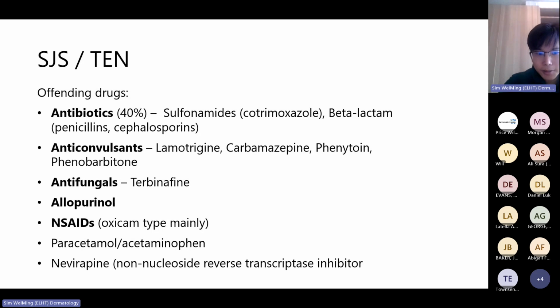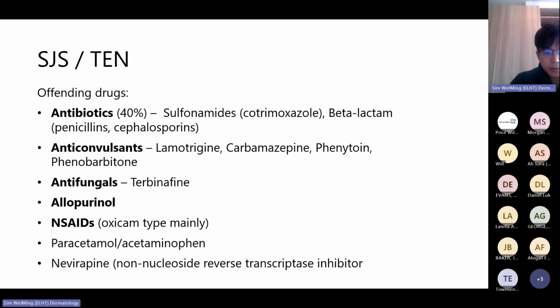I don't believe we use phenobarbital that much. At least I've never seen it being prescribed before. And you've got antifungals like terbinafine, and I think terbinafine is something that we give quite commonly as well, and not necessarily in an ICU setting. But I've learned from my dermatology consultants that when they're prescribing terbinafine to a patient, they do warn them about the potential risk of SJS and TEN, and allopurinol is